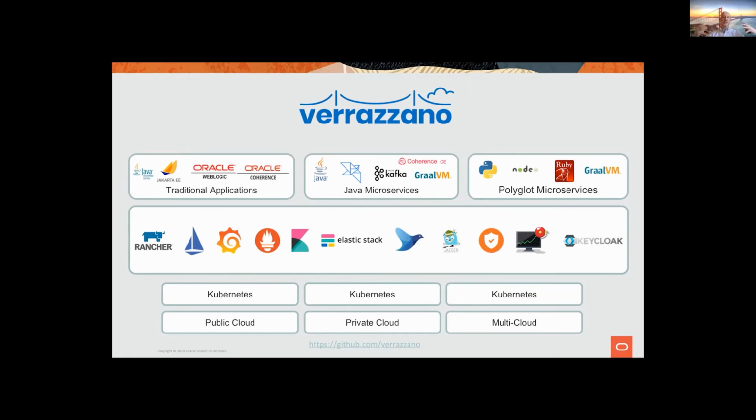Verrazano leverages standard open source tools to enable you to manage applications which span all of the application and microservices